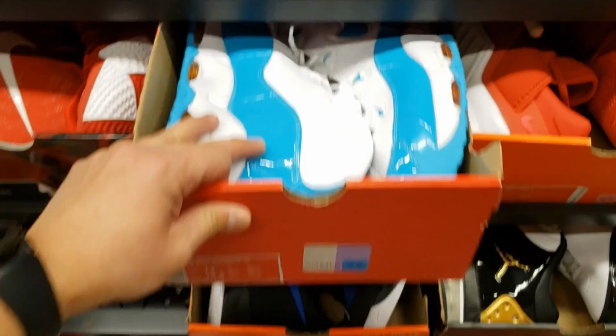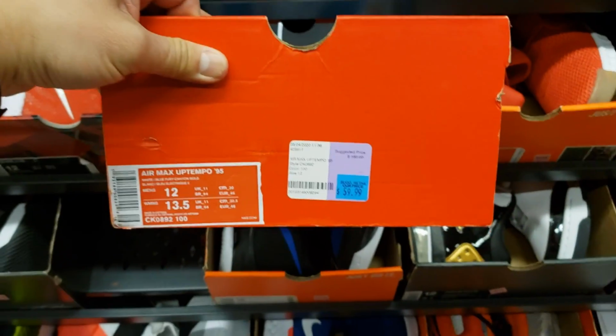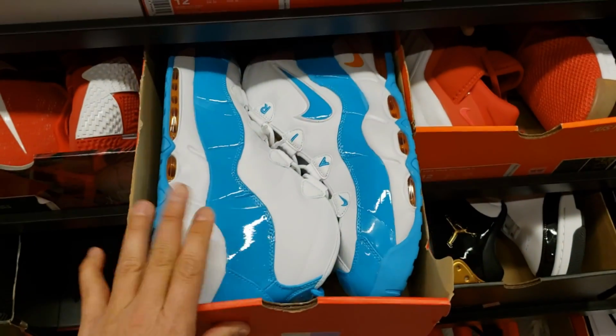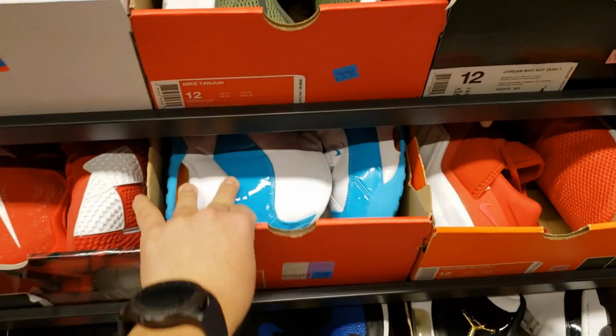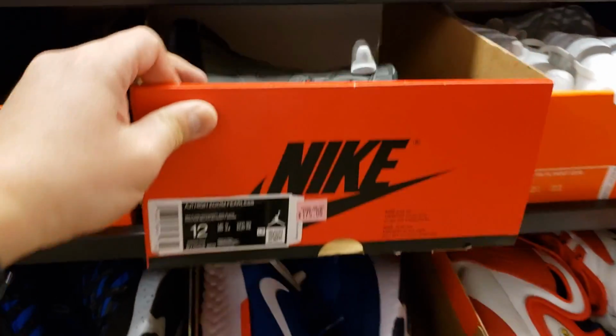We are in the size 12s. What's that blue tag mean? Does that mean it's like the latest discounts? But yeah, 60 bucks, 20% off. Was at $48 for those. That's how much I got them for. Hella dope. I love those shoes. Got the Fearless